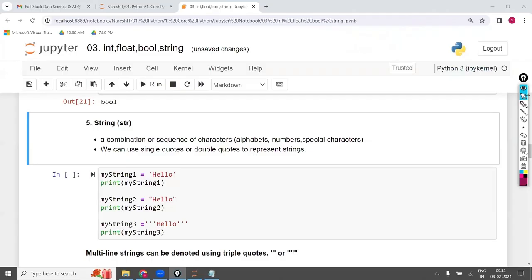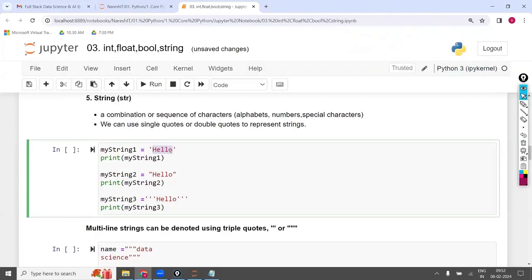And the string has to be taken in terms of inverted commas. So here, hello. This is inverted commas. Inverted commas you can take either with respect to single quotes, double quotes, or triple quotes.